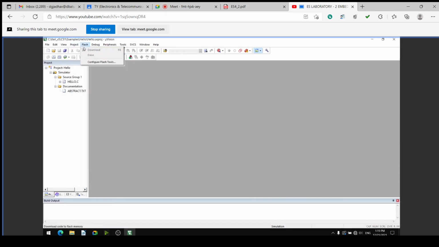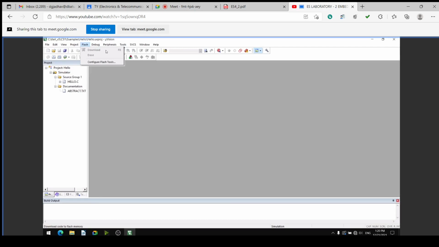Okay. Then flash, as we know, flash memory is there. So in the 8051 microcontroller there is a 4K ROM, which we call the code memory, because we write the code into that memory space. So there is a download, F8 download button or drop down menu. The download button is used to write the executable file into the IC.